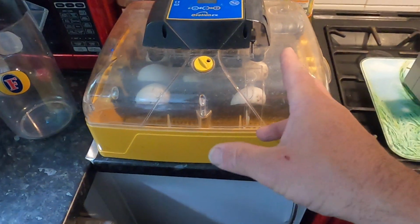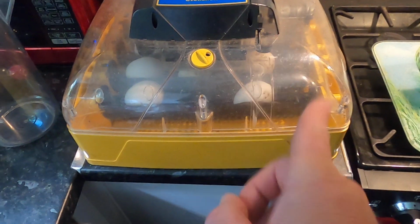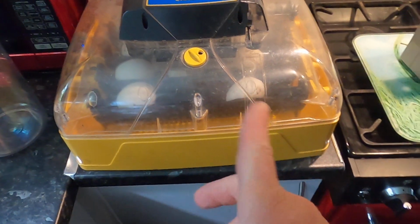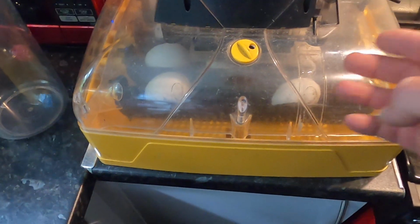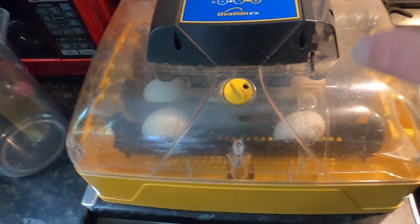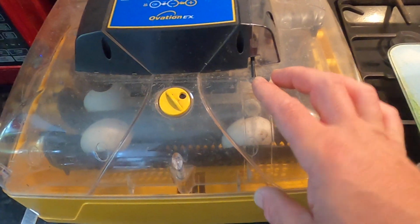From the last video, if you haven't watched that, go back and watch it. I'll put a clicky somewhere. That was part one, where we put the duck eggs in. These were from our ducks, because all of our ducks were killed by something that got in there. So now we've left it exactly 1 week and we are going to